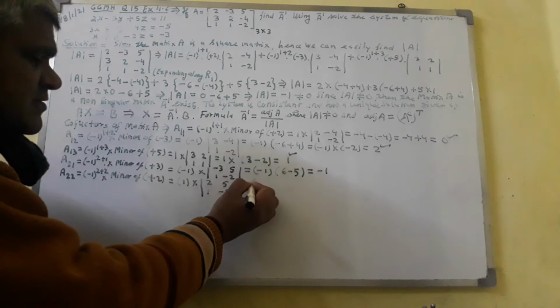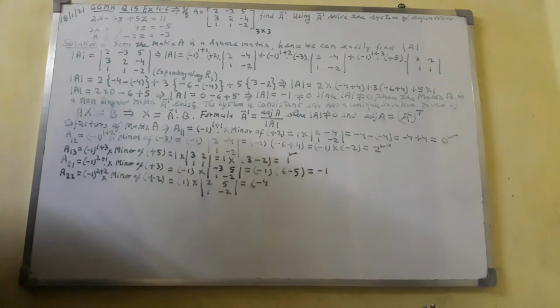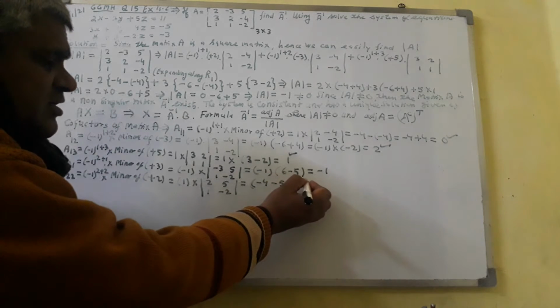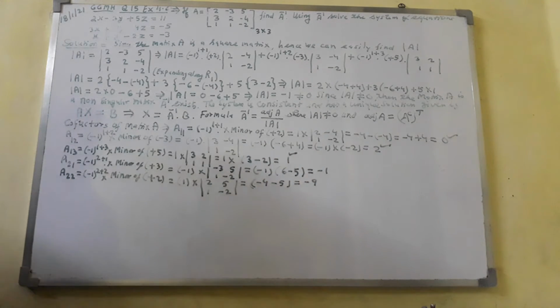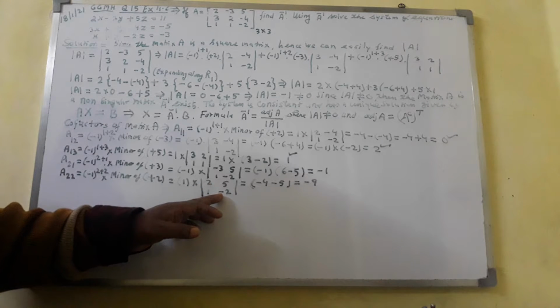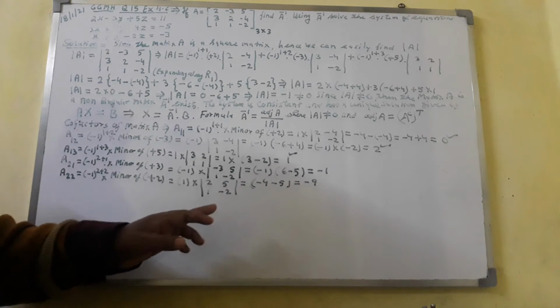Together, you will get here -4. Here you will get -5. Comes out to here -9. 2 into -2, -4 it will become, and -5, -9 you will get. And again